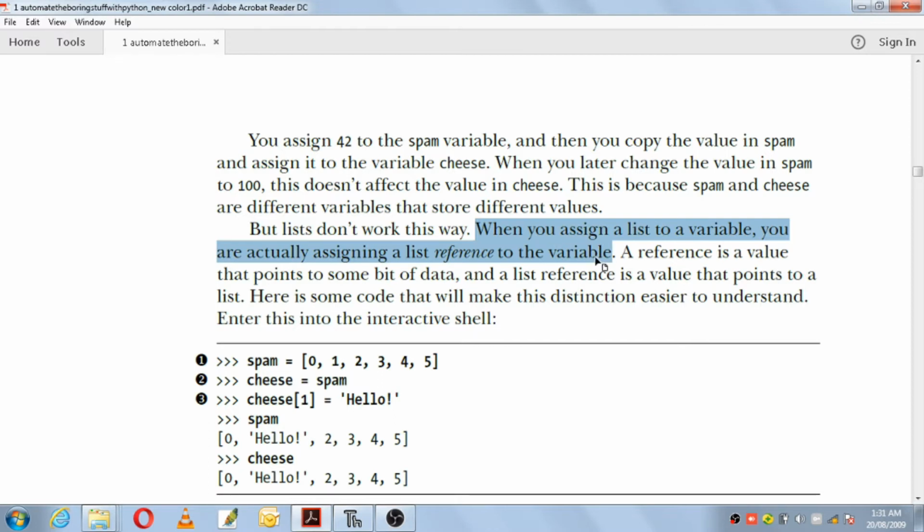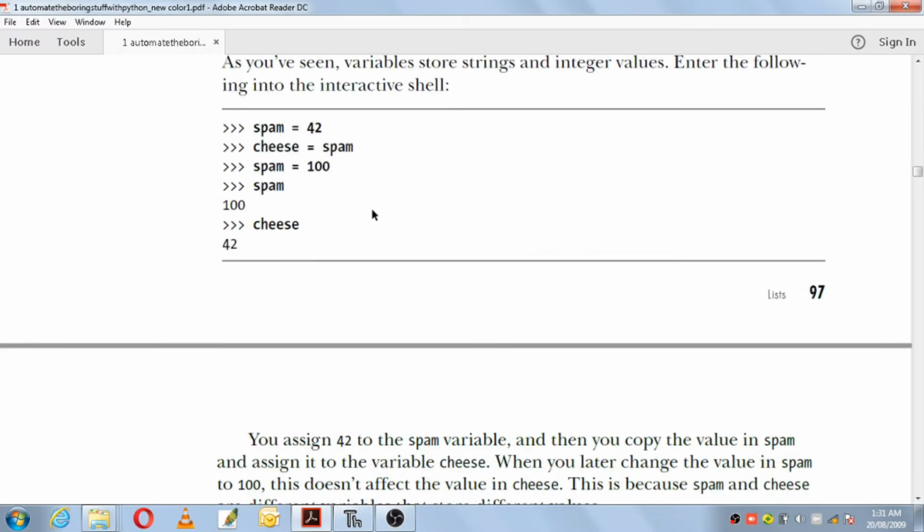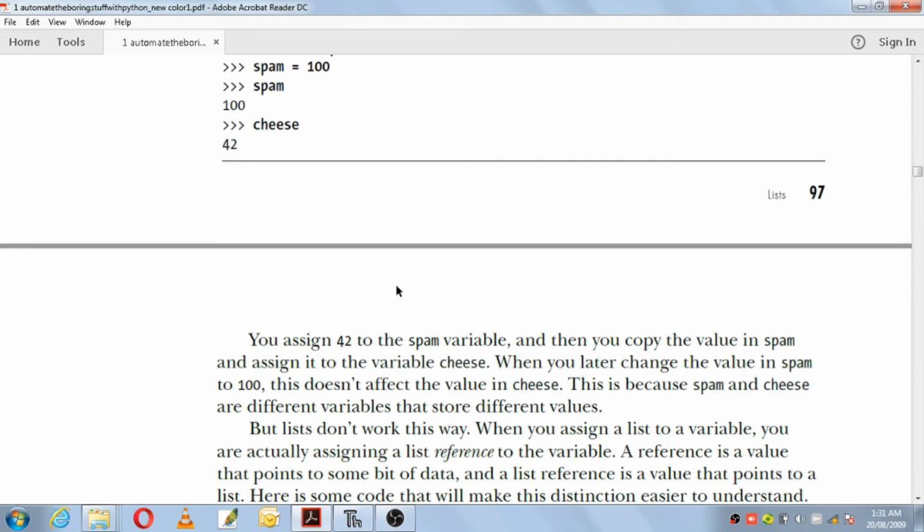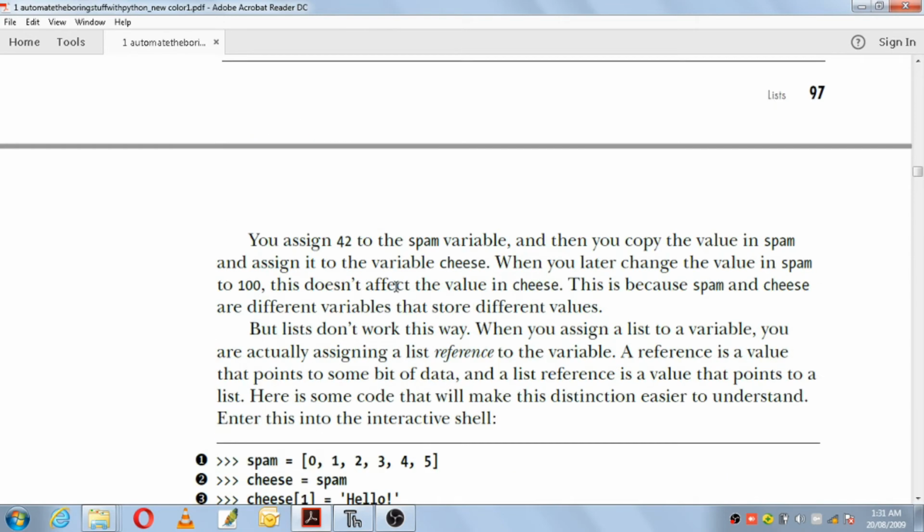A variable will normally store values, but when you assign a list to a variable, that variable will not store the actual value of that list, but it will store a reference of that list. Reference means some ID of that list will be stored in that variable.